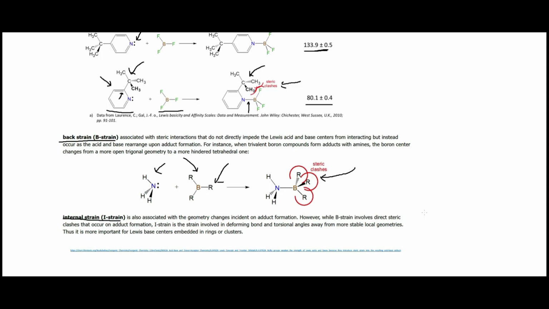That is just when you form these adducts, you are creating a species that has higher energy bond formations or bond angles and things like that that are less likely, and so those will make the base